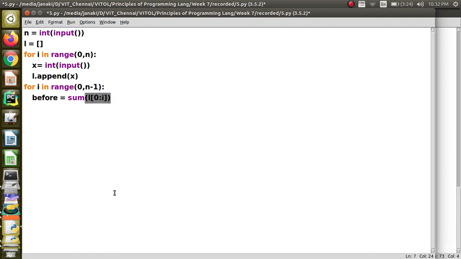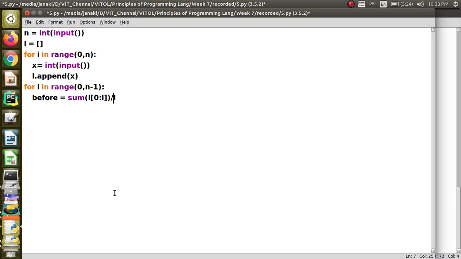And when I want to divide, I am going to divide it by the number of elements that were above, right? So that will be actually I, or I plus 1.